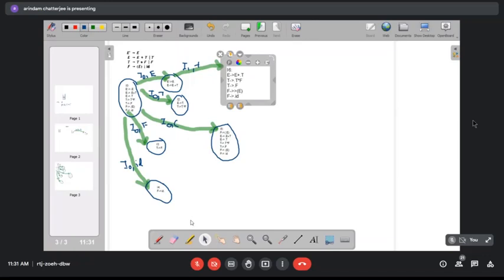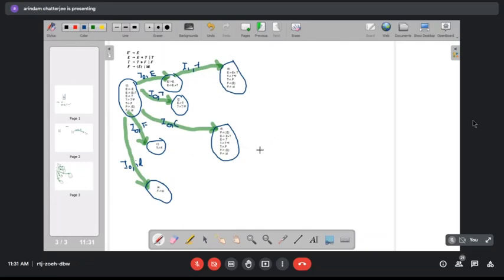These are the different items in I6, which is go to I1 comma plus. This is I6.